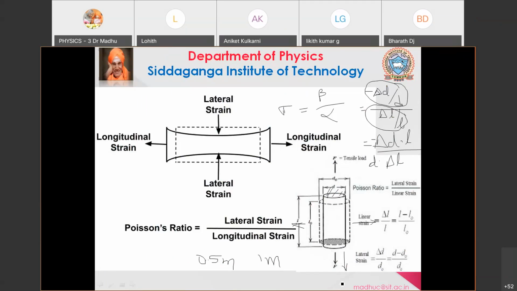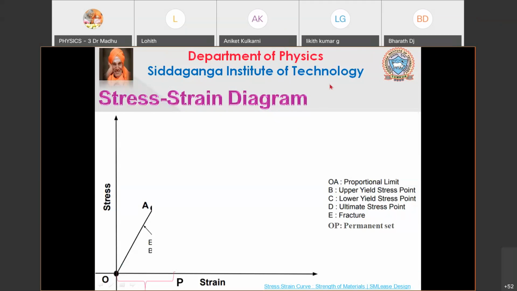Okay, fine. If you have any questions, you can ask me. Do you have any questions? This concept is for your stress and strain diagram. Okay, so again,